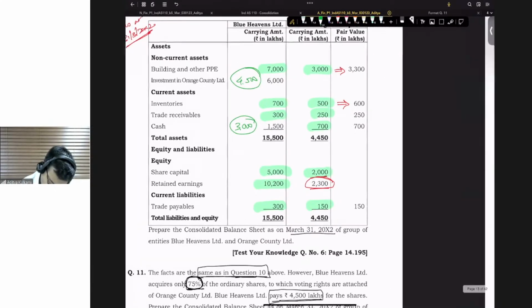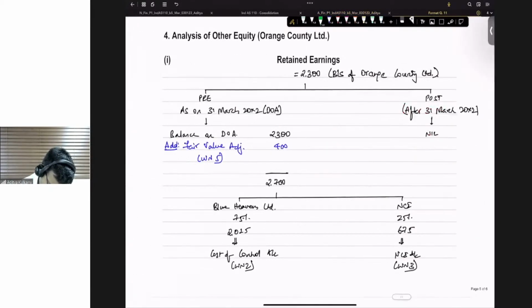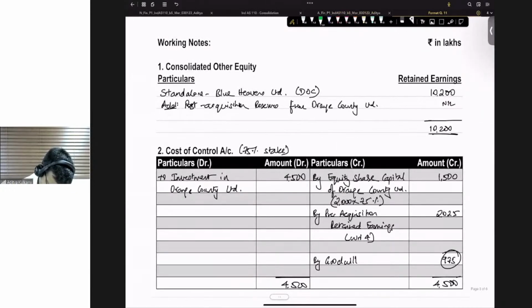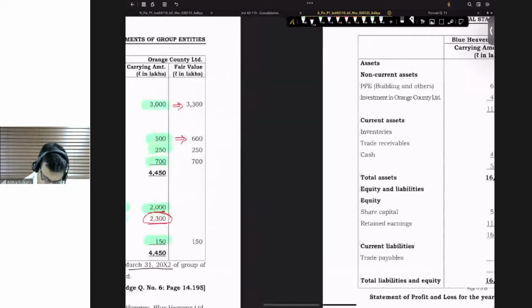Key working note 1. Okay, so 400 was fair value adjustment pre. So post acquisition, we don't have anything, right? So nothing will come here. In the consolidated equity of the parent, you can only add post acquisition because those are the profits which you have earned. So here no additions will come. That is why it won't be a part of post acquisition reserves. Okay, so that takes care of this question. Everybody is clear